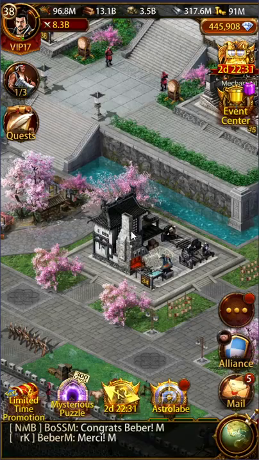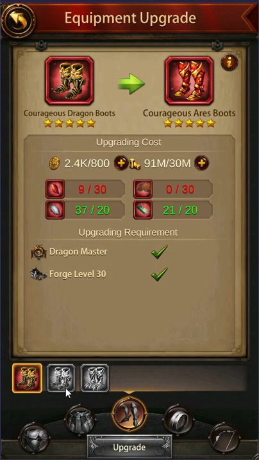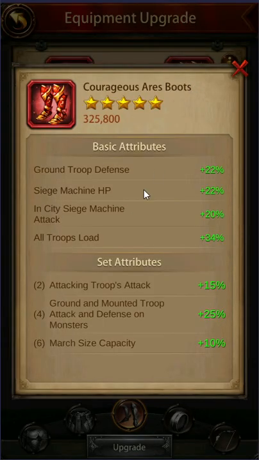And then the last thing is the boots. For the boots, you can again choose an Aries boot, and this requires Dragon Master, which requires you to have a dragon at a certain power. But yeah, that one's a lot easier to get, so I expect that most people will have that. This basically has the same ground troop defense, and